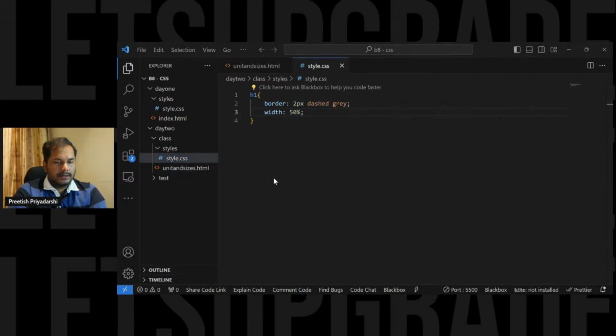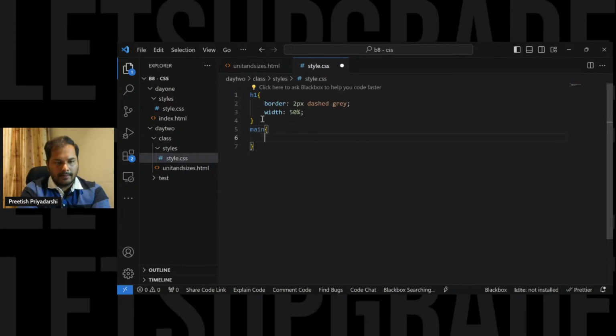So let me share the screen. Just give me a minute. Along with that, let me add a few things so that I can show you and manipulate them so that you can see. For the main, we can keep the font size at around 2 rem, twice the root element. Okay, 2 rem. And for the paragraphs, if we have